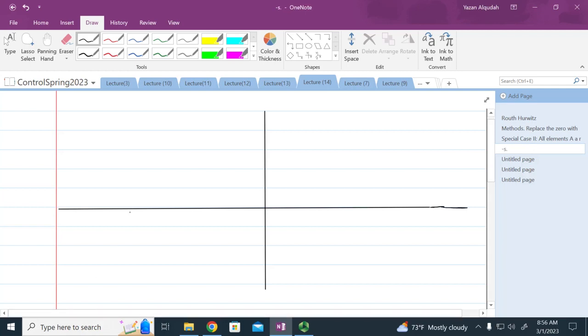The first polynomial is s cubed minus s squared plus s minus 1. The second, s cubed plus s squared plus s plus 1. And the third, s cubed plus s squared minus s minus 1. And the fourth,